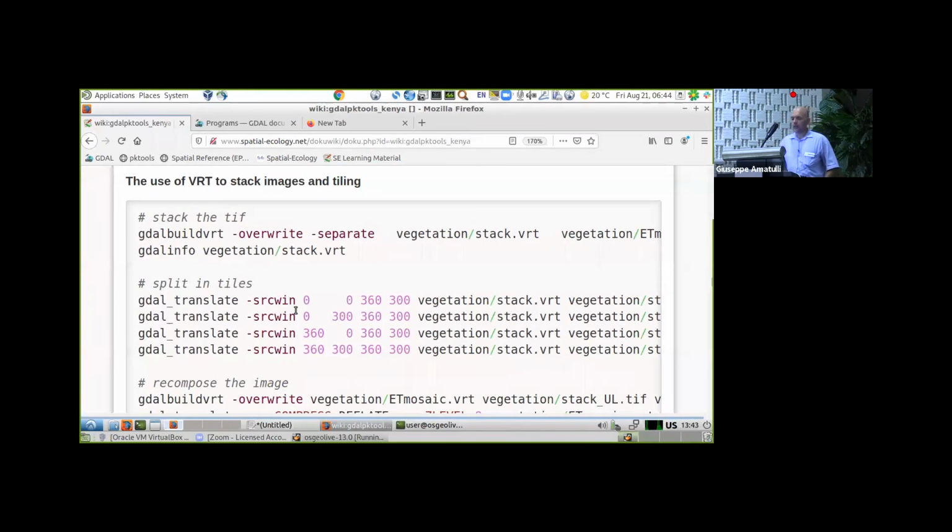Another really appealing file format supported by Gdal is the VRT, which stands for Virtual Raster Tiling. Has anyone of you used VRT? Two people. So VRT is really great because it's not a raster file, it's just a text file